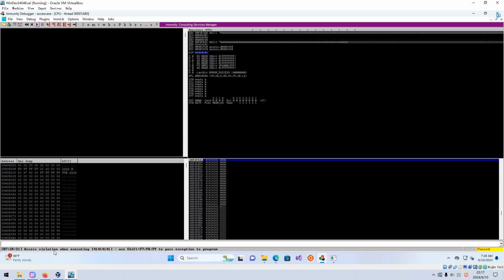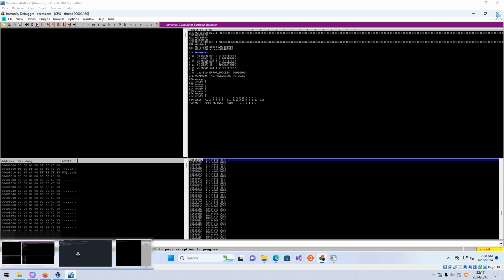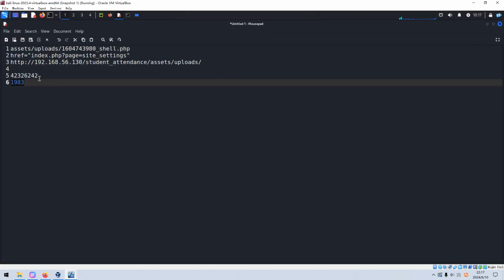So access violation. However, this is 41, not 42, because 42 is where the EIP is located, right? So maybe this offset number is not correct.